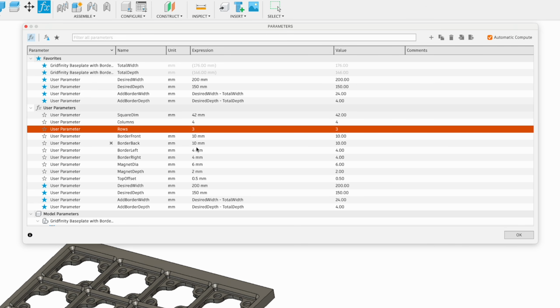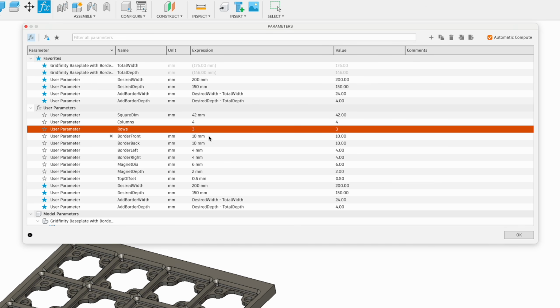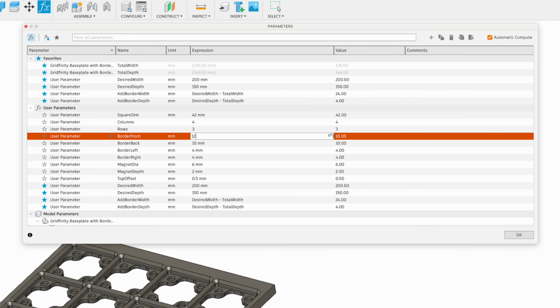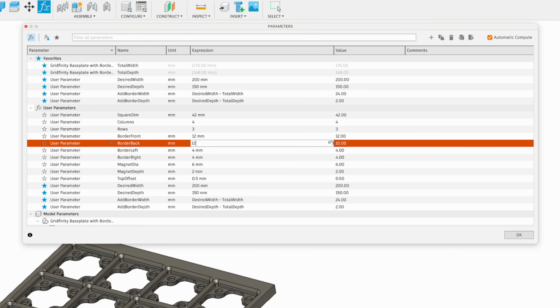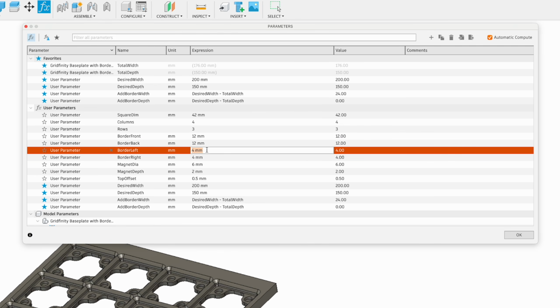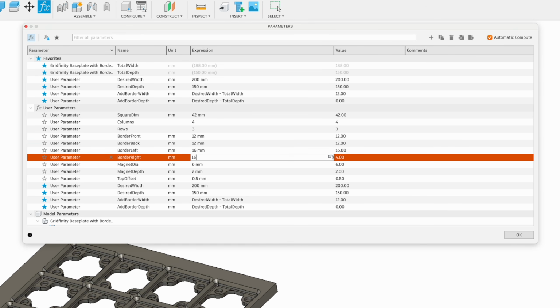So if we look at the front and the back, we've got 10 and 10. If I say 12 and 12, and look at our desired width is 200. Oh, of course, I've done the wrong one. Sorry about that. Our add border width is going to be 24. So let's add to our left and our right. This divided by 2